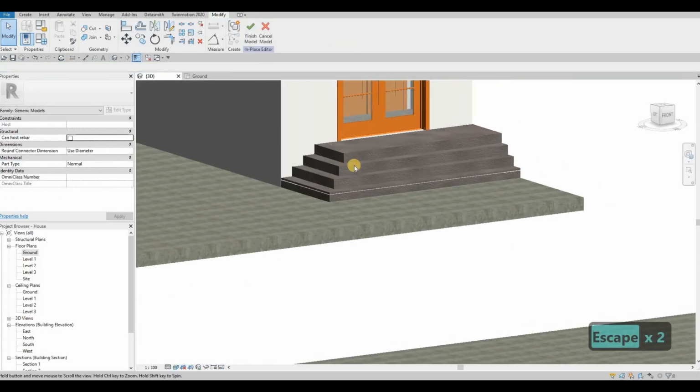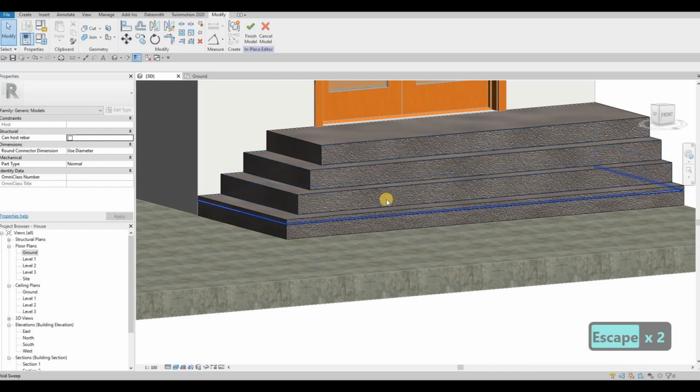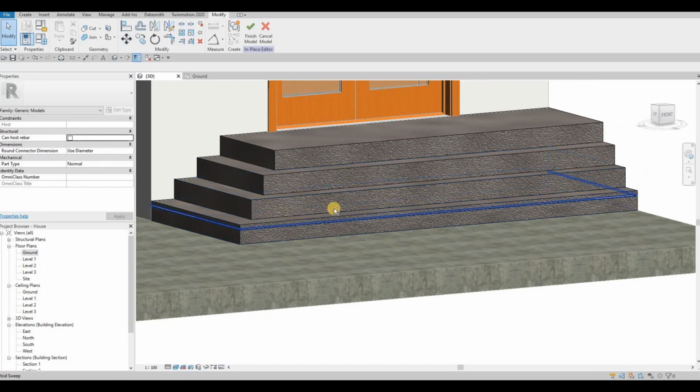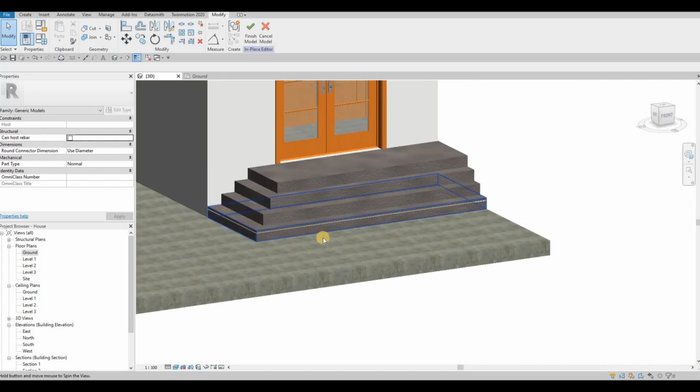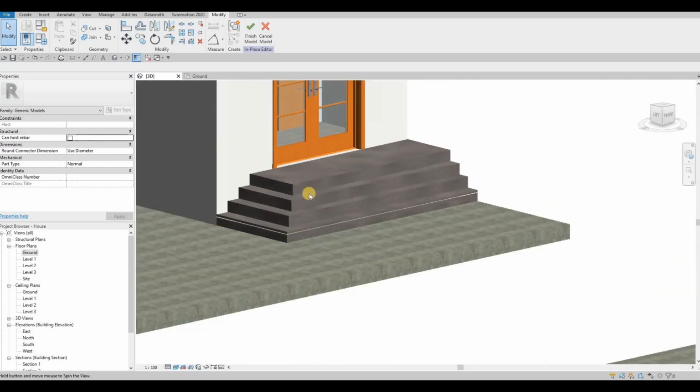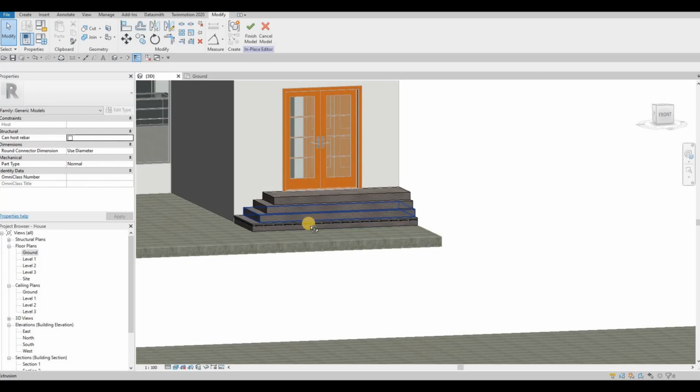And then go to 3D, and we just need to replicate this sweep right here. But as you can see, it looks nice. We have this grand staircase like this